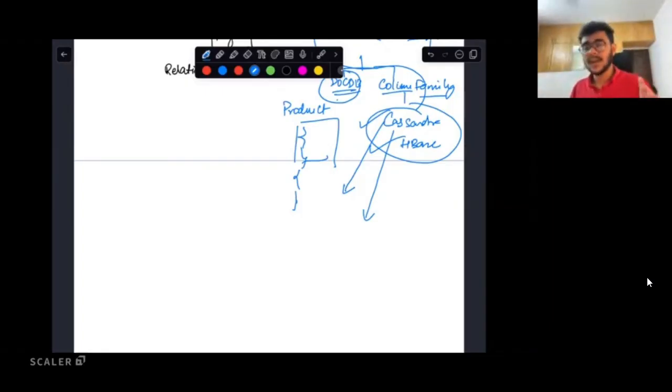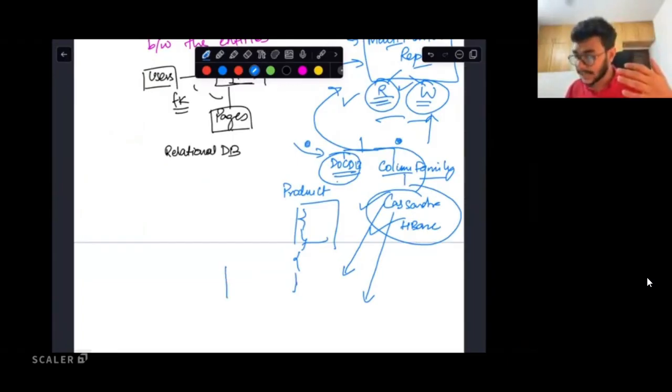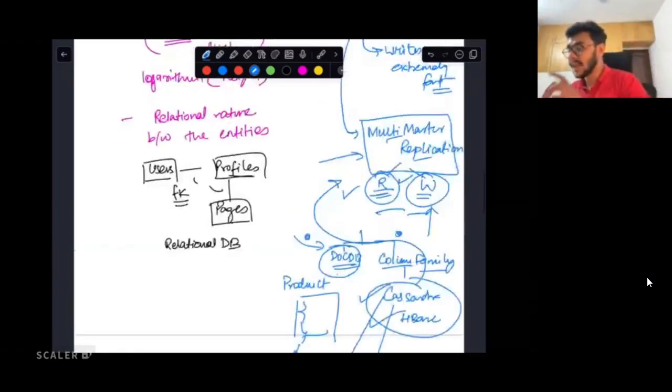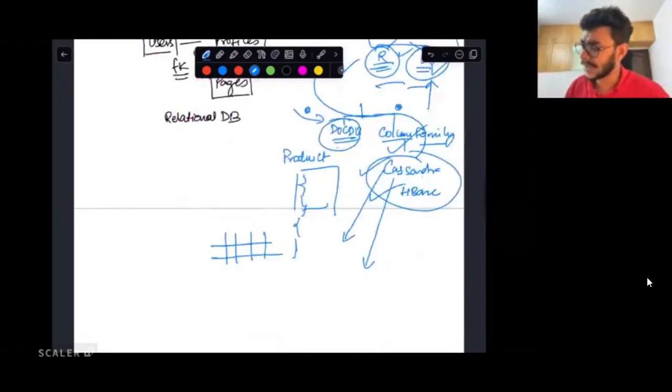But typically, I hope you can understand why we discarded DocDB and why we thought of choosing something like a column family data store. Because column family data stores help you define set columns for your data, and hence you are using the fact that the data model has some set columns in its structure, which is a good quality for a column family data store. And secondly, we have an extremely high write workload for our system, which is also a very good candidate for a column family data store, which is why we ended up choosing a system like HBase or Cassandra.